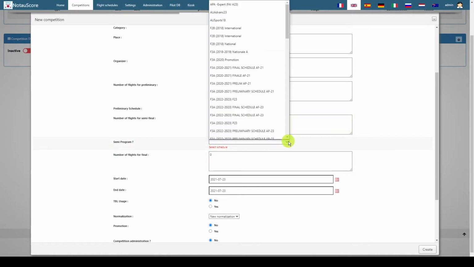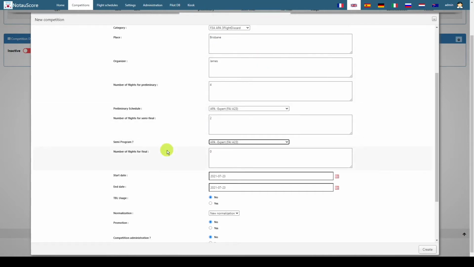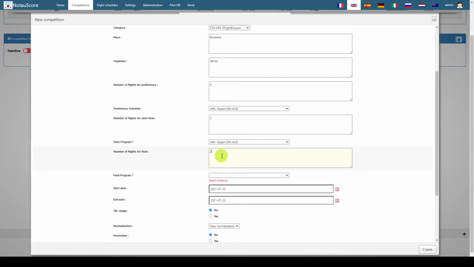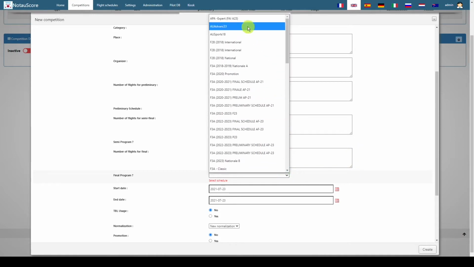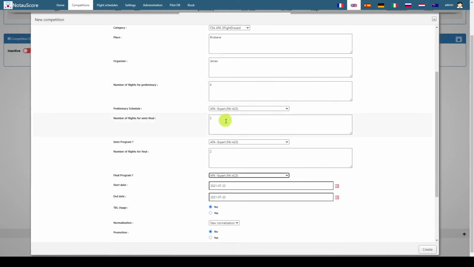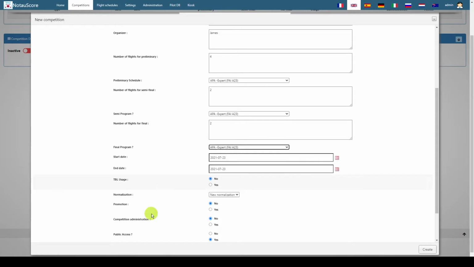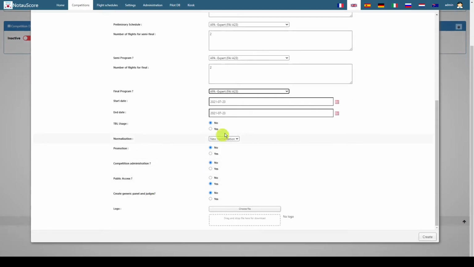And again, you just go through the selection and you pick anything you want. Again, for the sake of convenience, I'm just going to pick the top one on the list for myself, because it really doesn't matter. You choose the schedule that you want to fly. Same with the finals. As soon as I put in a number of flights for the finals, and I get to choose those numbers, 1, 2, 3, 5, up to you, I also get to choose my schedule. Again, for the sake of demonstration, I am just picking a schedule.